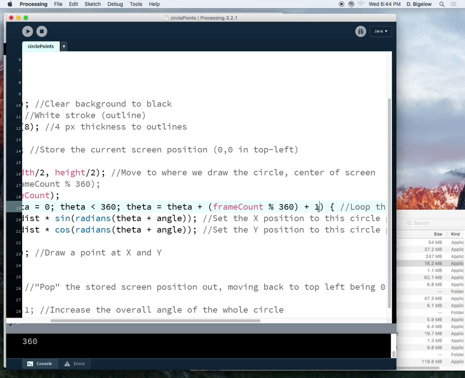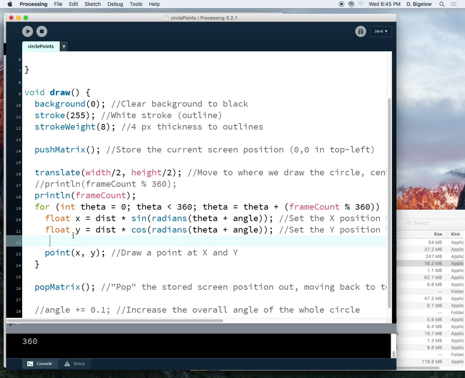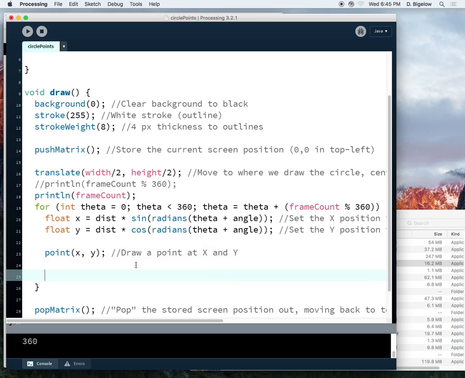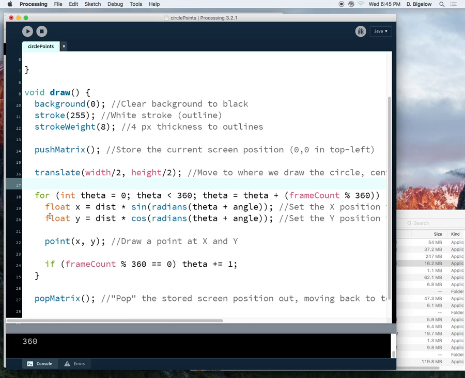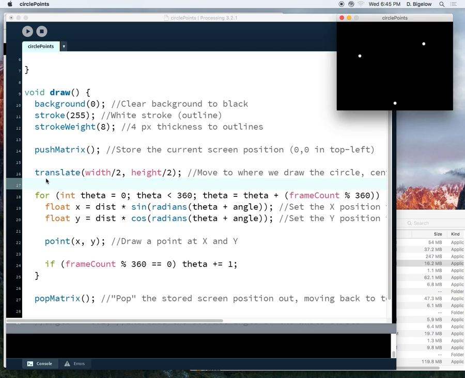Okay, here's the easiest way to do it. We go in here and we say if frame count percent 360 is 0, theta plus equals 1, and that should prevent it from getting hung up in there. Let's see if it restarts. Yep, there we go. So now we have a looping animation here that shows how you can use different amounts